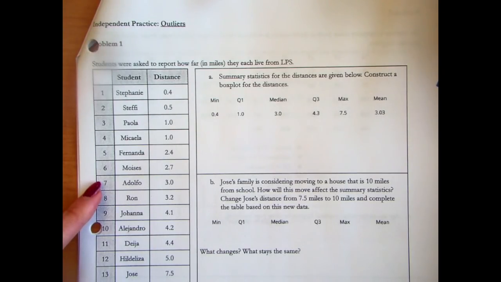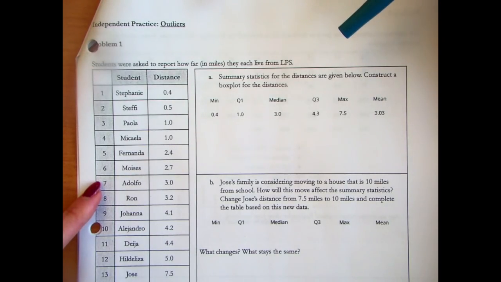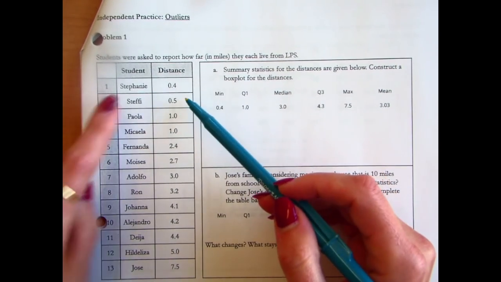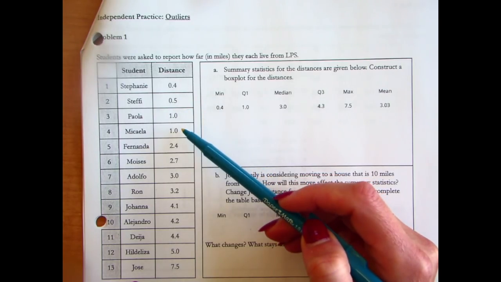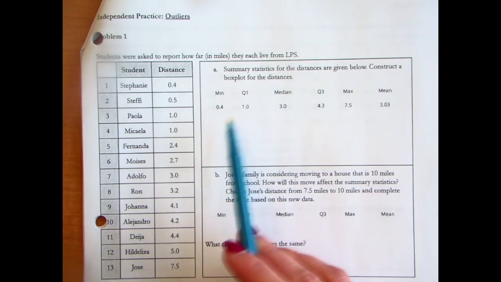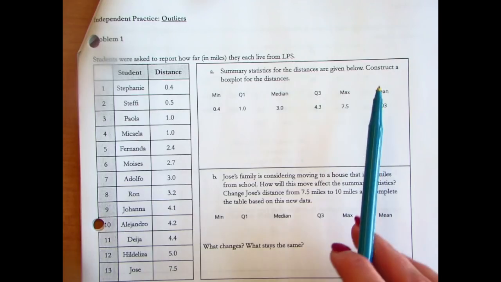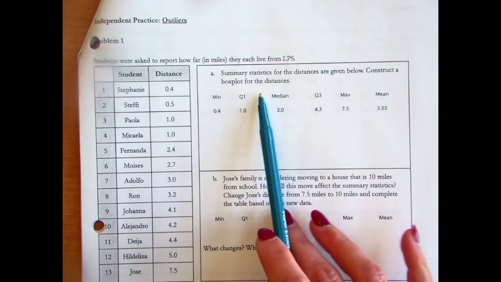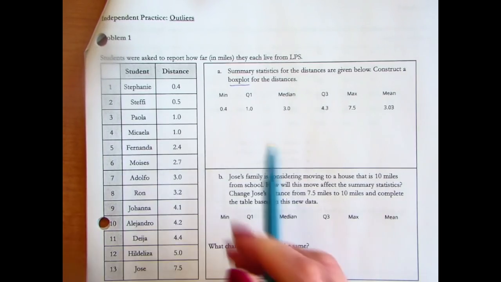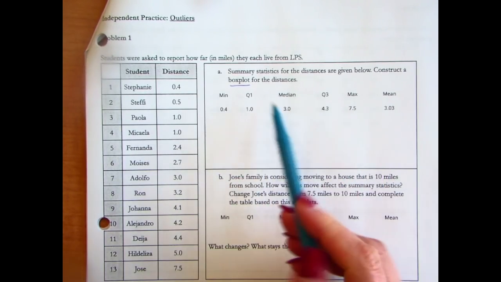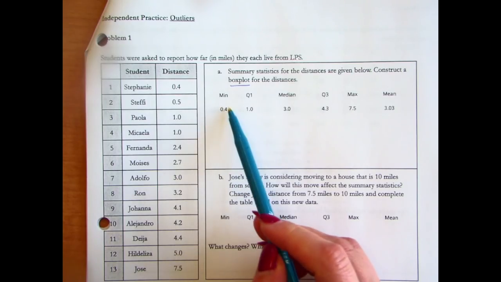This video is going to review problem 1 from the independent practice for today. The first thing you're given is a list of LPS students and how far away they live from LPS in miles. You're also given some summary statistics, and the first thing you're asked to do is to construct a box plot. So scanning over the statistics, I see that the minimum student lives about half a mile from LPS,